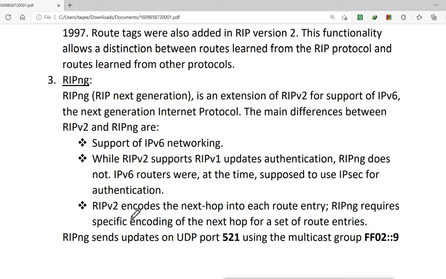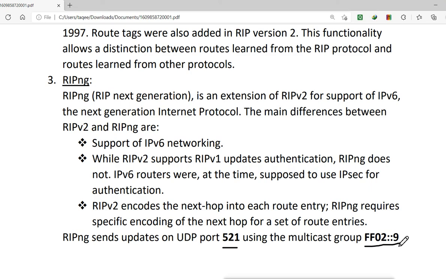Then RIP version 2 encodes the next hop into each route entry, and RIPng requires specific encoding of the next hop for a set of route entries. So RIPng sends updates on UDP port number 521 using the IPv6 multicast group address.